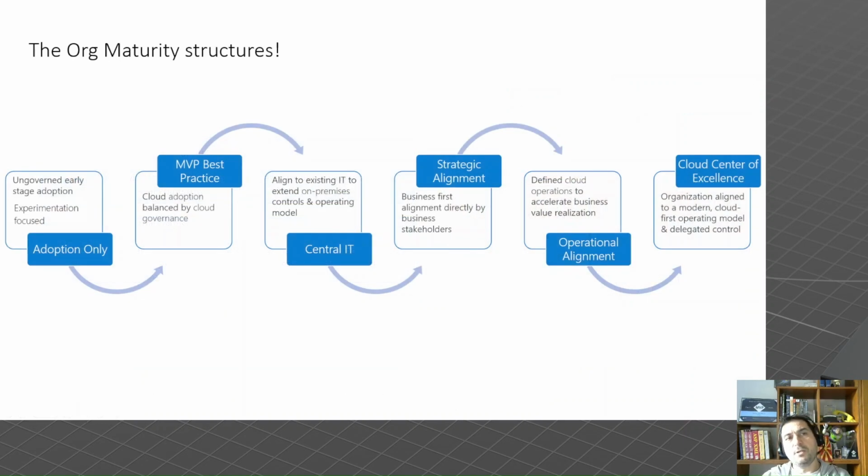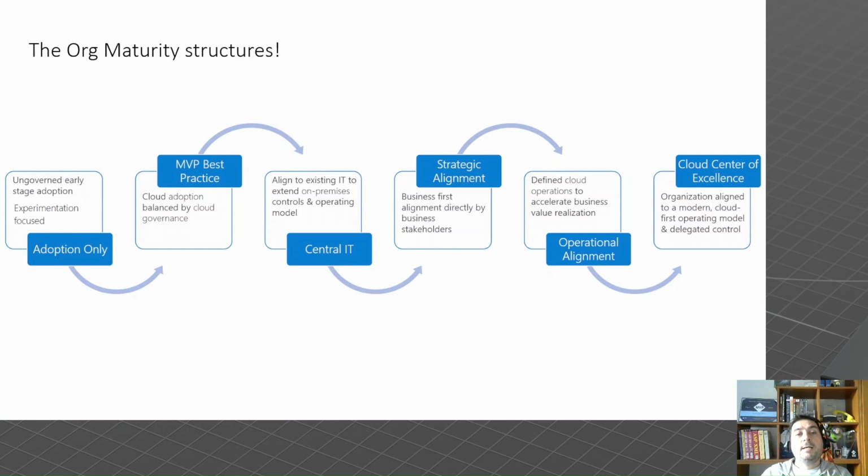So if you look at the maturity structure process, again, part of the adoption framework, right? At early stages, we look at the adoption. We create some simple cloud adoption plan, we throw in some resources, we start building the best practices. We mature the process of the cloud adoption team. Once we assign a cloud governance group to that process, we're looking at the viable product, based on which we'll draw some best practices so we can reuse that knowledge for further products we want to move to